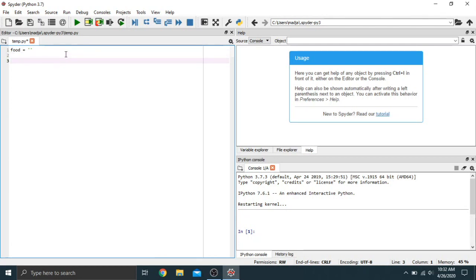So let's just do this. We want to check to see if the user's favorite food is pizza or something else. So we can simply do once again what we did here. We can do food is equal to input, and then we can say, what is your favorite food? And then I want to do if. So just the word if, food